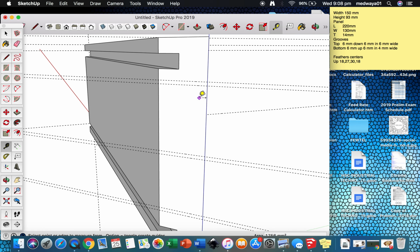So we're going to press R for rectangle. We're going to click on there. We're going to come down. We're not going to go all the way into this point here. We're going to go a little bit less than that. Okay, so we're going to draw that. We're going to go down 3 millimeters. So that's 3, 16